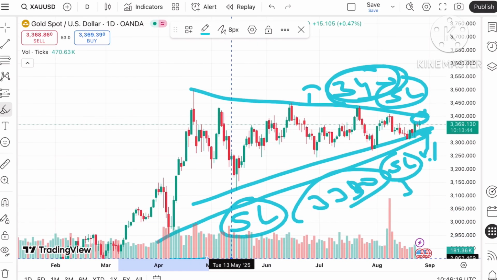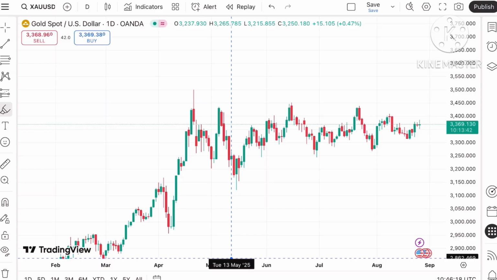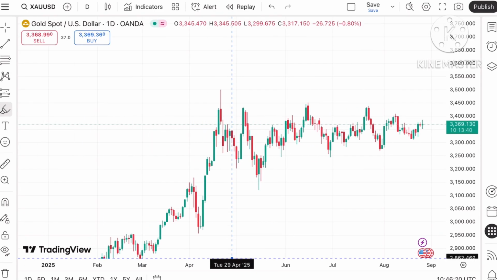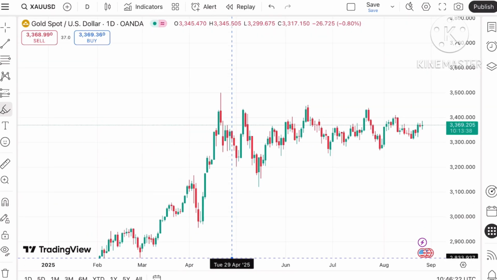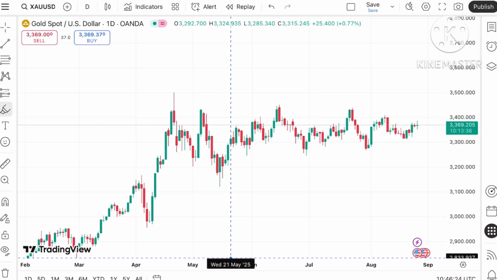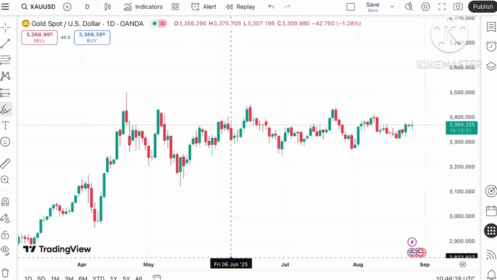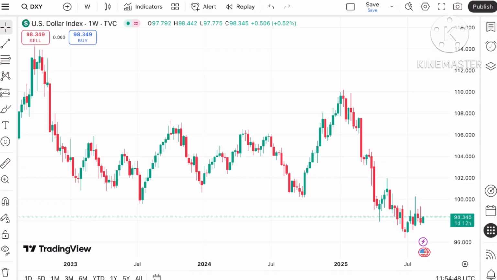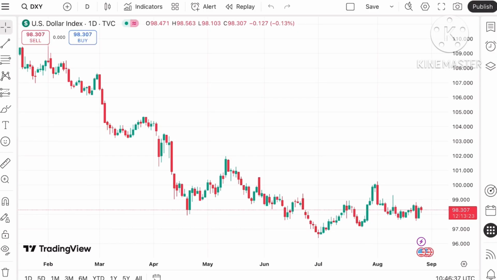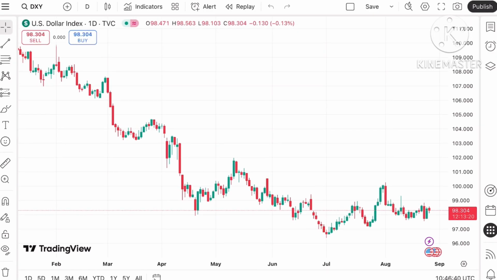Some of the events I have clearly explained, and the speech will be very important, but we have not seen the timing. You have to understand that in this week we can see this particular happening. So let's see how the chart of the dollar index is moving, because it is always inversely related to gold, as I've already explained.